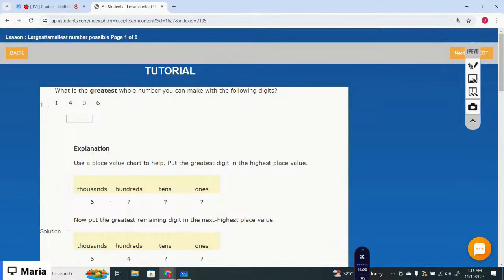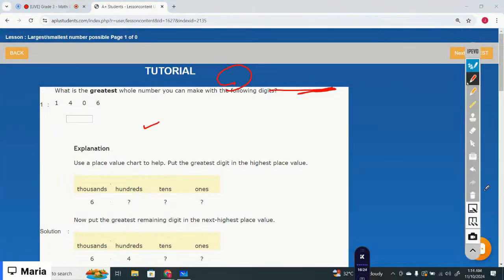The digits you are given are 1, 4, 0, 6. You need to make the largest number, right? You are given four digits. You can make a four-digit number, right? The largest number you can make using these four digits is